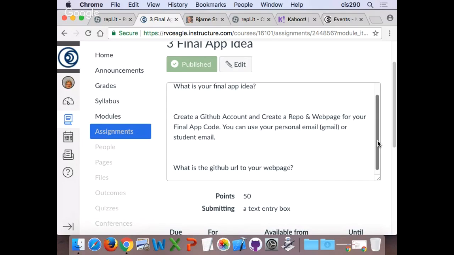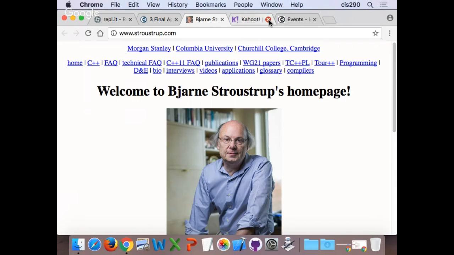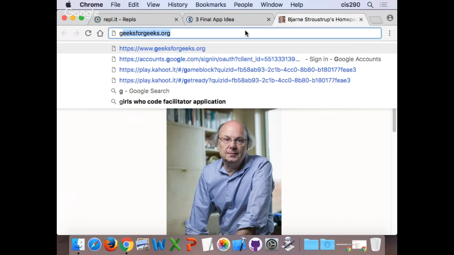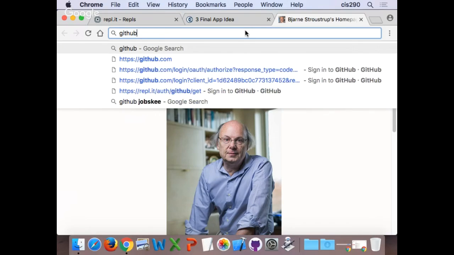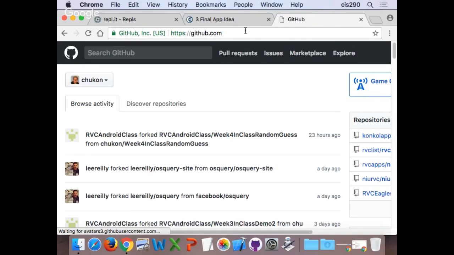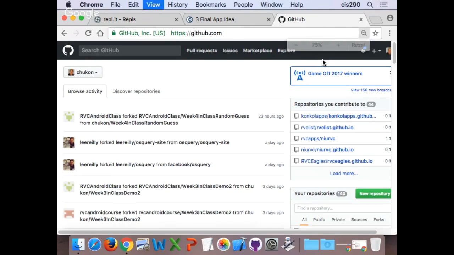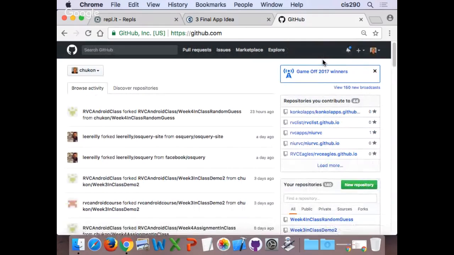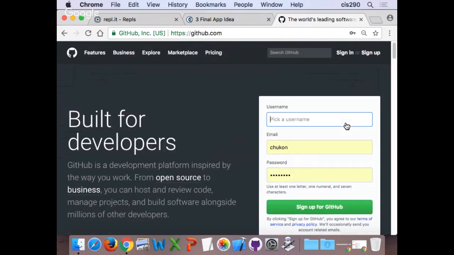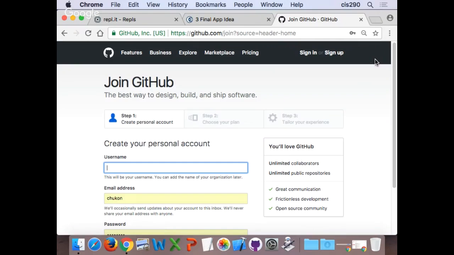So are you ready? All right, so first thing you want to do is open up a new tab in your web browser. And you want to go to github.com. And let me minimize my text a little bit here. You'll notice I'm already logged in as me, but I'm going to log out just so you'll see how to get into this. All right, so you should see this page, you should have exactly what I have on your page. If you click on sign up on the upper right corner, it'll take you to this page